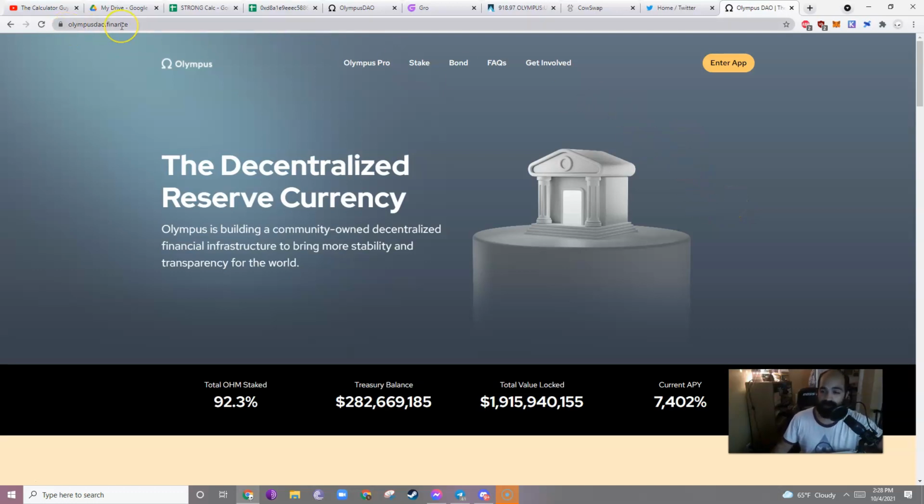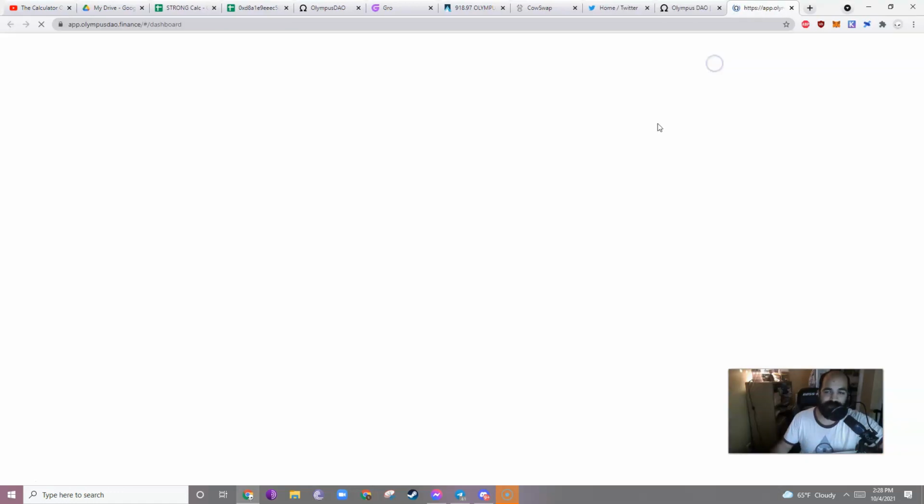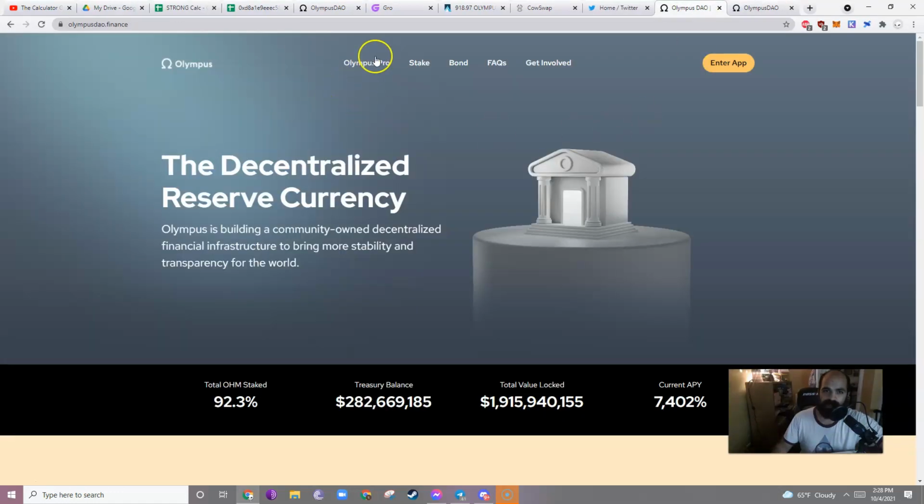So olympusdao.finance is the website. You will need a MetaMask wallet to access it, but by now, if you're watching my videos, you probably have a MetaMask wallet. You may even have multiple networks on that wallet. Once you're here, you'll enter the application. If you want to do Olympus Pro bonding, you definitely can, but right now let's just look at regular staking